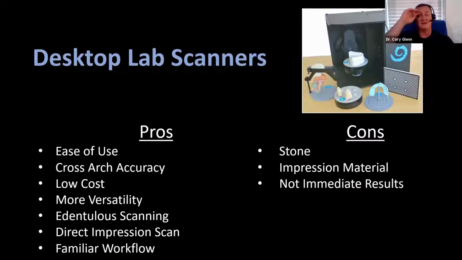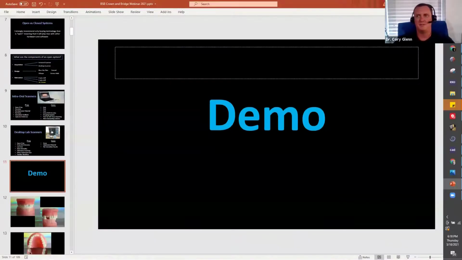So you don't have immediate access to your results, but they're super easy to use and the cost is just insanely low. And then also, if you're going to get into dentures, even if you have an intraoral scanner, I think you need at least one of these low cost desktop scanners because for edentulous cases, it's going to do a lot better. All right, so that's kind of my intro here, and I'm going to now just basically do